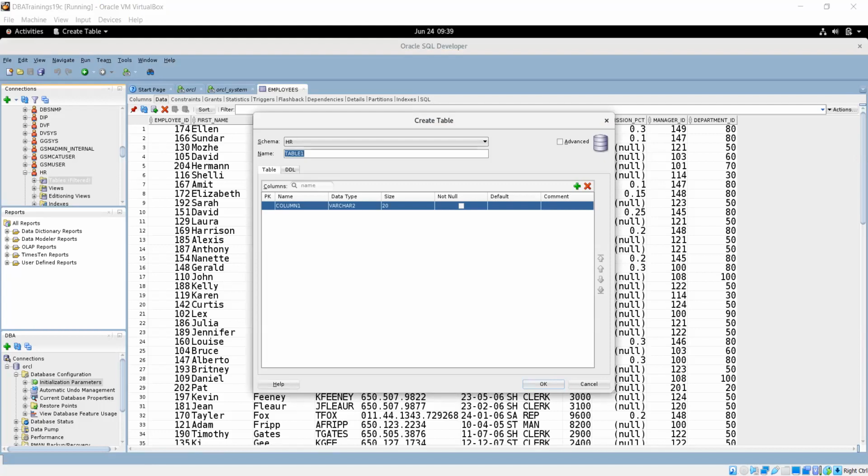So whatever new table name you want to give, you can give as per your convenience. In my case, I am putting the table name as anything, just for reference. Purchase order. Just an example.